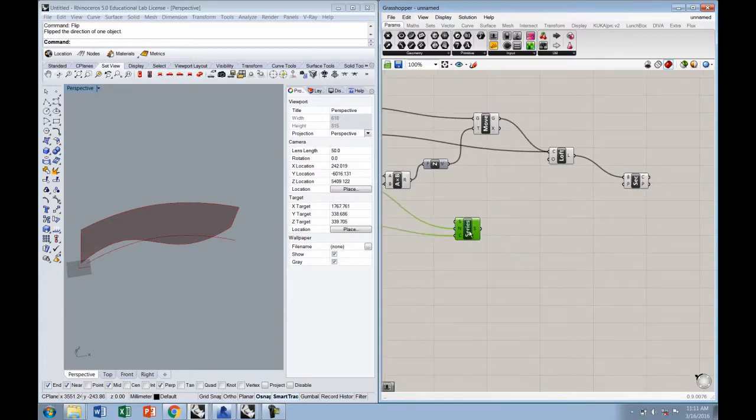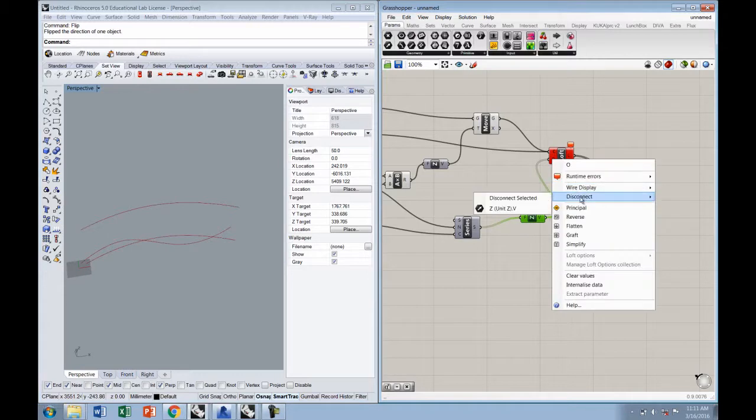Again, the combination of this along with a Z vector actually is all you need to create a plane, because a plane only needs a point and a direction, right? It only needs a point and a vector. So the combination of these two things work together to create planes that then I can actually put into the